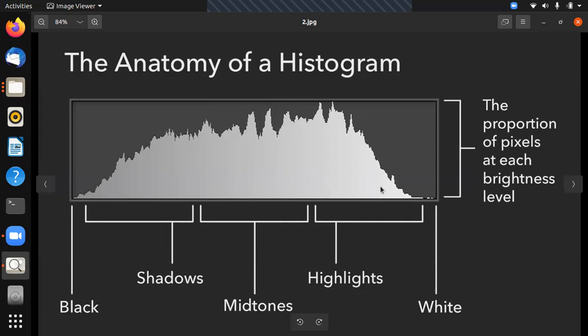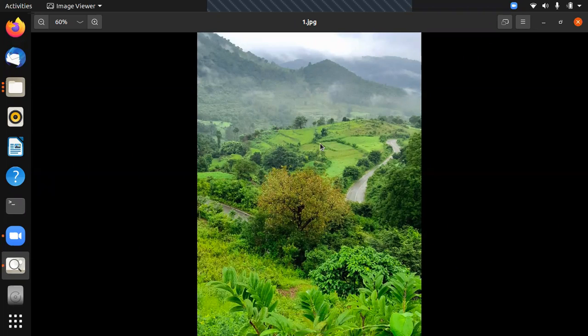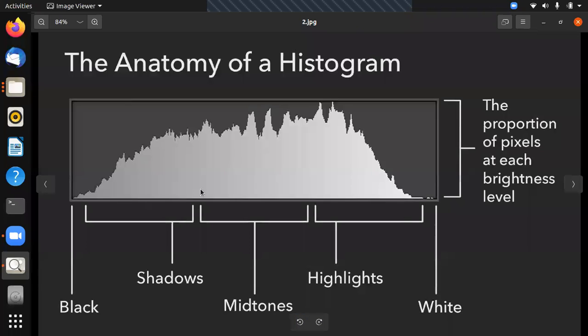Similarly, here at least some pixels are there which have an exposure value of, let us say, 240 or something like that. So earlier whatever things we were asking, that is actually answered not by human beings, but with the help of something called histogram. It is nothing but a graphical representation of a particular image to tell us about the exposure composition of a particular photo, whether it is properly exposed, underexposed, or overexposed.